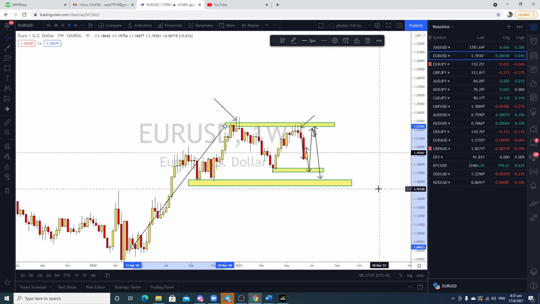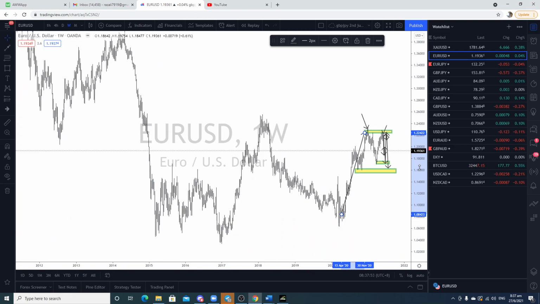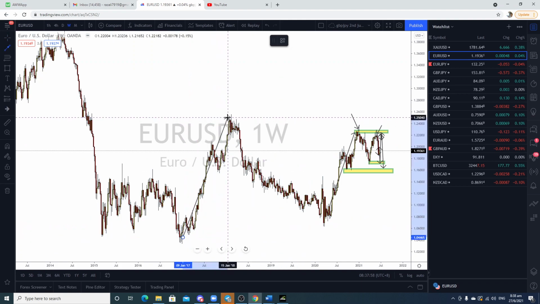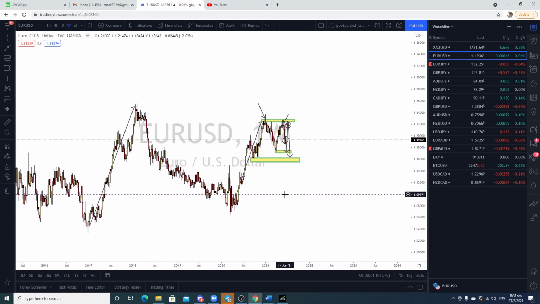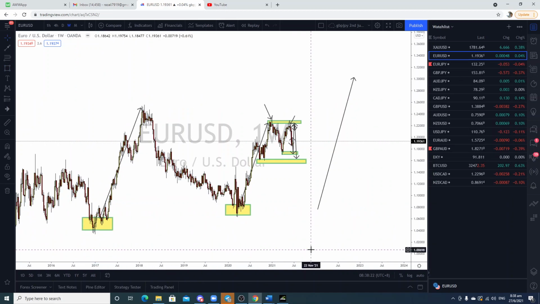But has Euro been overbought in this case? Slightly overbought, I would say. This is the last push here. This is the second push. So there's a chance that price might go down and retest into this zone here before we see another push up perhaps. There is a small possibility that this can still go up from here. Why? Because as long as this high low is still here, it can still go up. But if price breaks this, then that's it. Price is going on free fall.